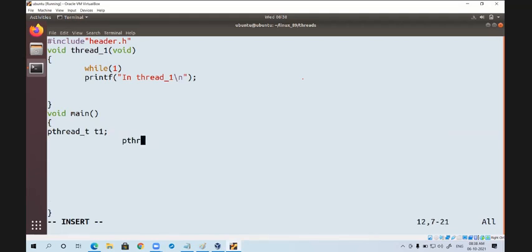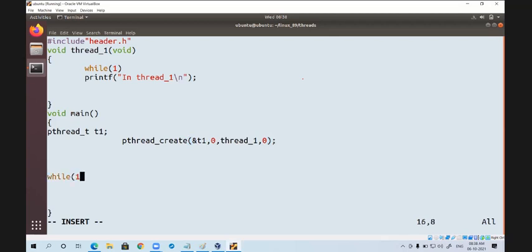Now observe pthread_create. The first argument is &t1, the second argument is 0, the third argument is thread_one, and the fourth argument is 0.